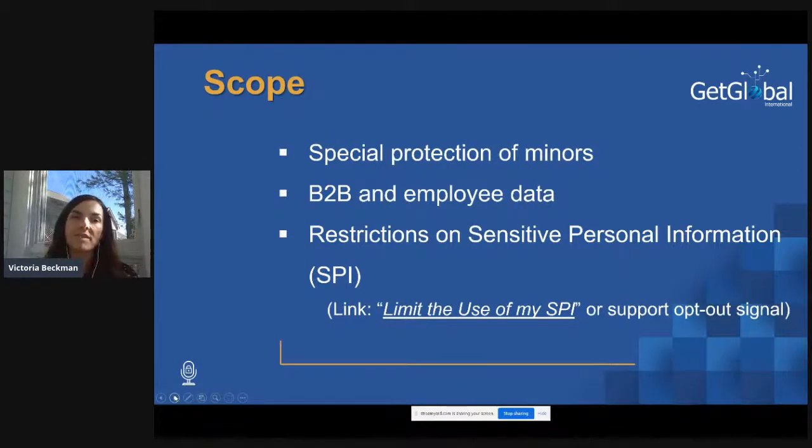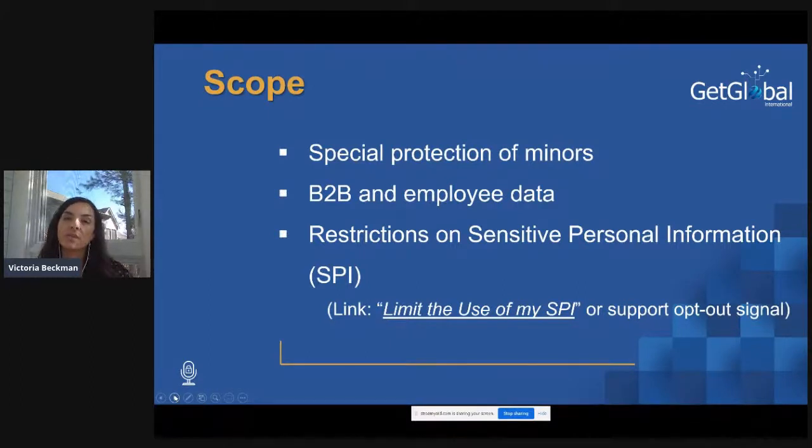Something new that the CPRA brings is restrictions on sensitive personal information, or SPI. Well, first, it actually has a definition of sensitive personal information, which is not in the CCPA, and this is very similar to special categories of information under GDPR. And it has restrictions in terms of providing notice, what you can collect, specifying the types of sensitive personal information that you can collect. And there is also some right, and we will discuss it later, to restrict the processing